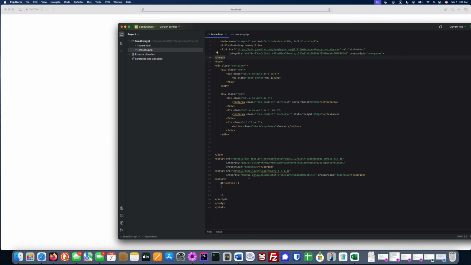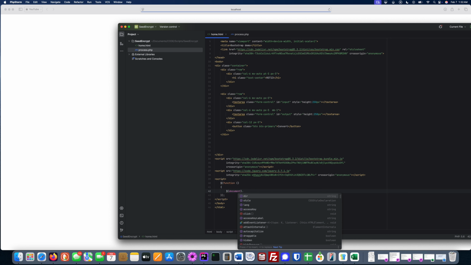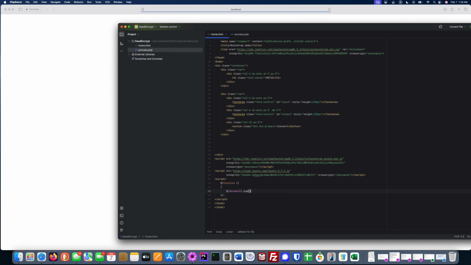And okay, so add some code for the click event. Yeah, I always use this on instead of just doing click. You can do it your way. So we say click, and I guess we can say button, but